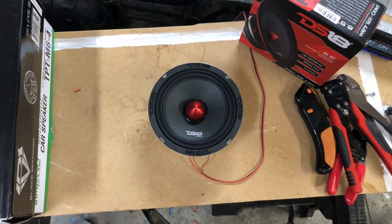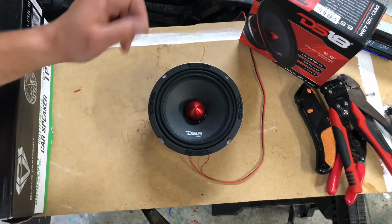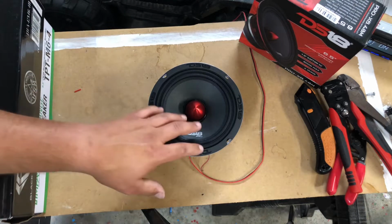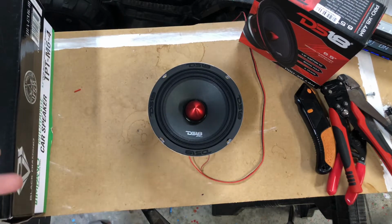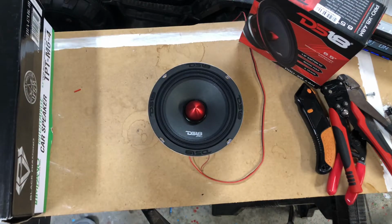So, by popular request, I'm going to be doing some actual testing of these speakers that I'm unboxing. So we have the Black Diamond, the DS18, and the Timpanos. They're going to have their own video with me hooking them up, testing them. Now, I'm doing a low RMS,